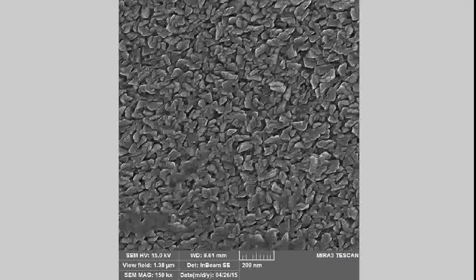So as I told you before, there are research studies showing the antimicrobial activity of nano-sized copper particles. So I assumed that these coatings will also show some kind of antimicrobial activity, but